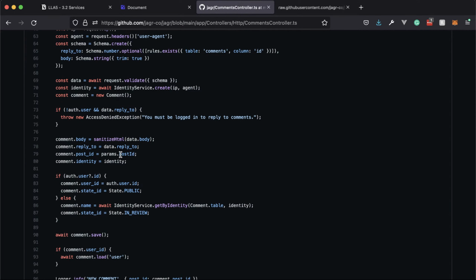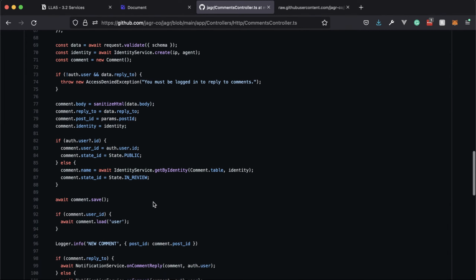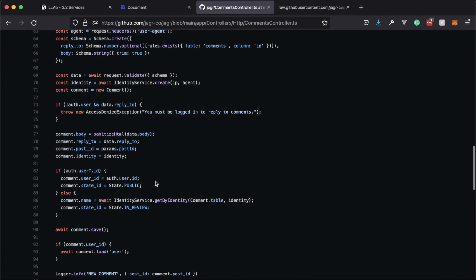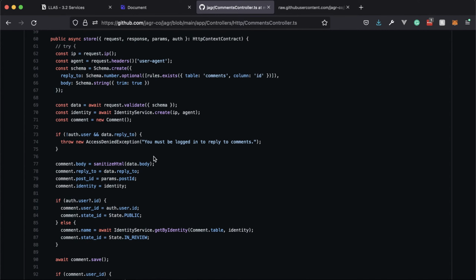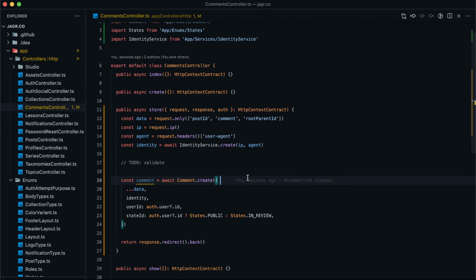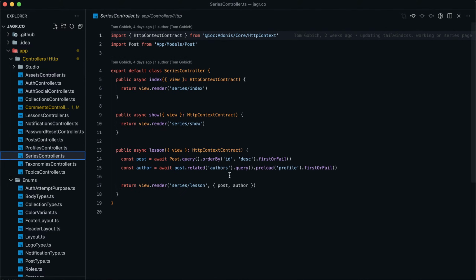Reply to param, yeah, post ID was coming off the params. Okay. All right, and then we need to do the notification service at a later point in time, but all right. So that should be good. Let's go ahead and get them coming down a little bit. So let's see, that's, I think, the current lesson page that I have rendering out here. So let's go ahead and